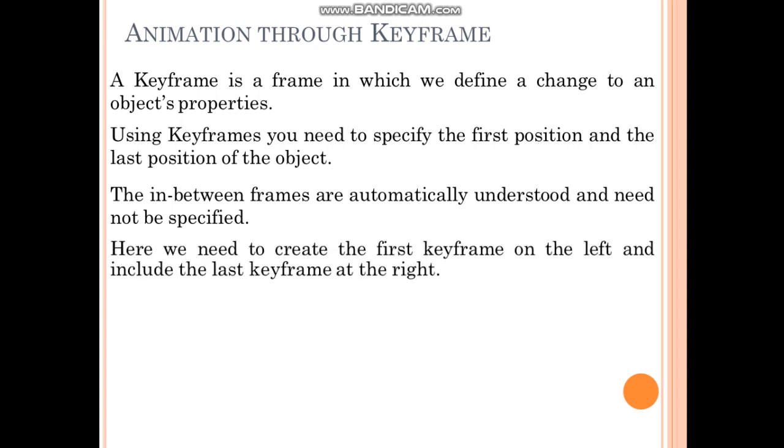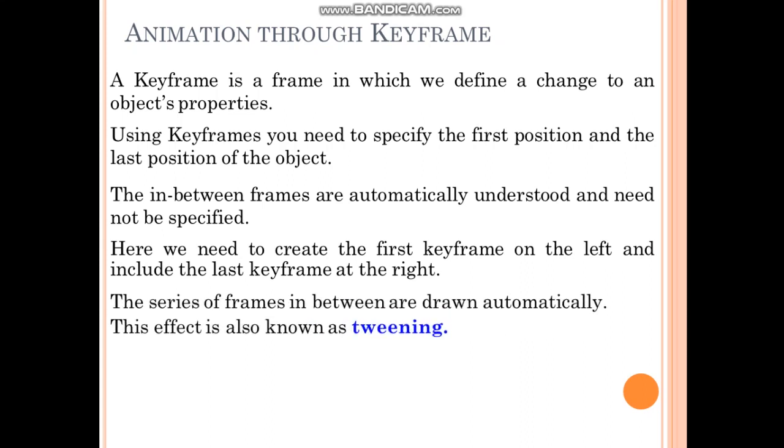So here we need to create the first keyframe on the left and include the last keyframe at the right. This way Synfig assumes the in-between frames. The series of frames in between are drawn automatically.